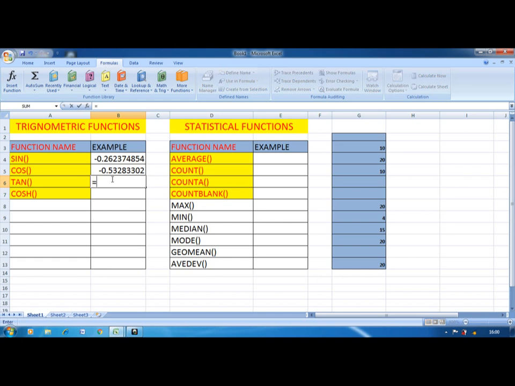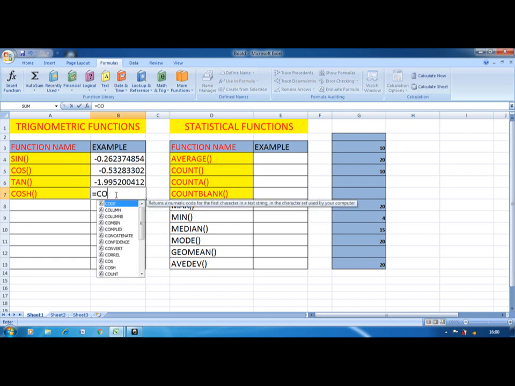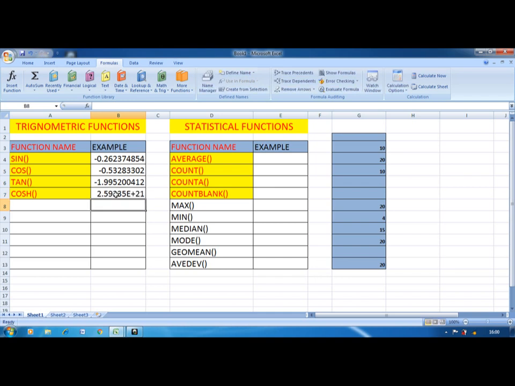Then TAN, which returns the tangent of an angle. For all trigonometric functions the syntax is the same: equal to function name, and inside the bracket you have to write any one number.